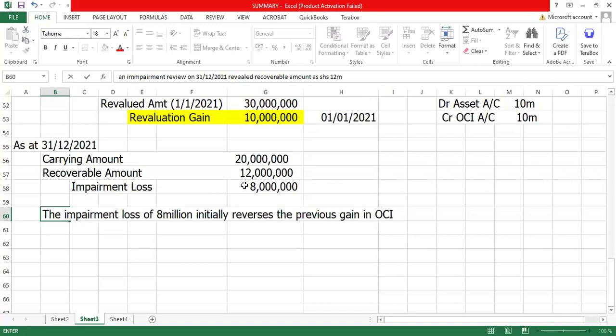You first reverse that gain in OCI. You first remove that gain in OCI, and the balance of what? The balance of